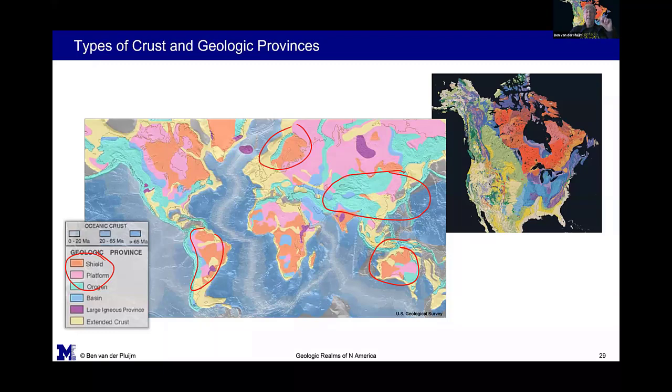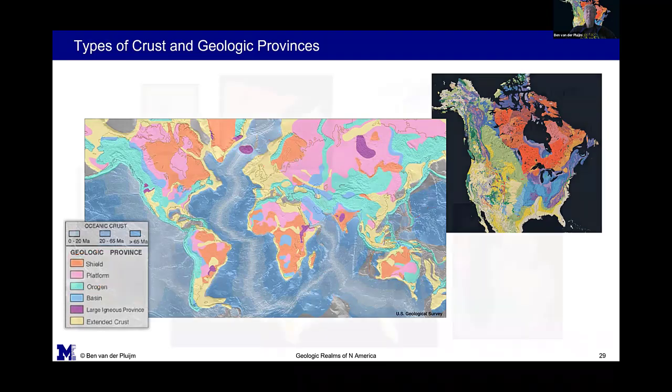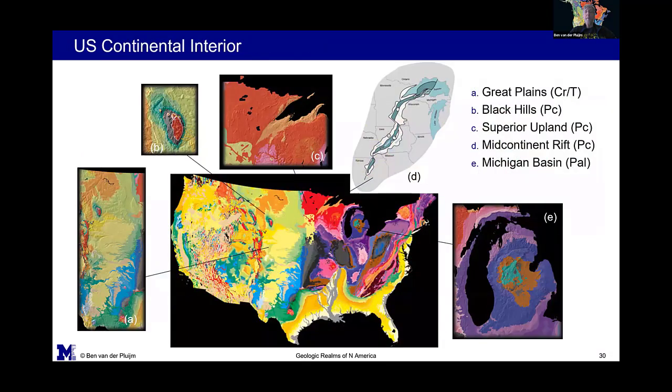And the nice thing is in Canada, there's relatively a lot of outcrop because vegetation is pretty brutal up north. And so vegetation is very thin, and so we're able to get good outcrops. But I wanted to focus on the US purposely. I wanted to make sure that we get you a sense of the richness of the US as we talk about it. And so as we focused on the Precambrian rocks,